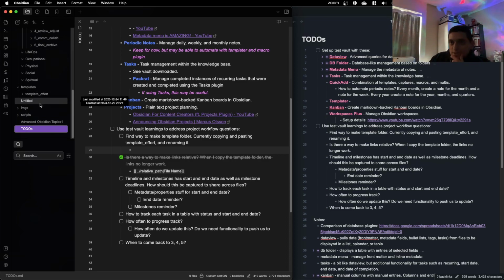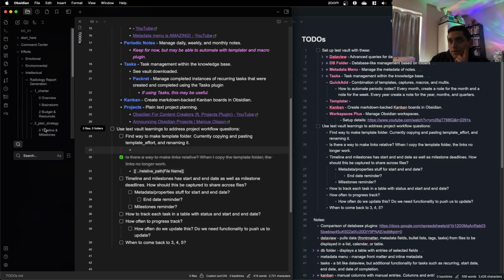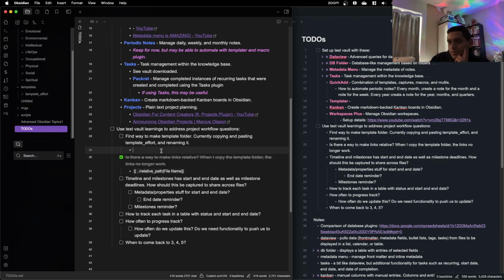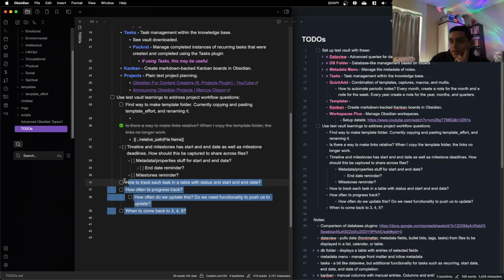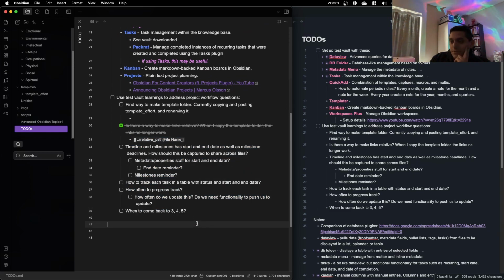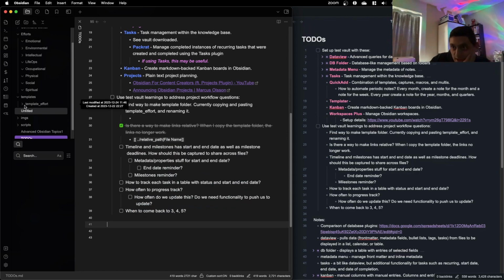And typically templates are treated as a single file. There isn't a clear way to copy over a folder, and so right now that's what I'm researching. And then after that is when we'll start setting up really the dashboard and using metadata to track the different tasks within projects. So my goal is to finish that today for this example project.